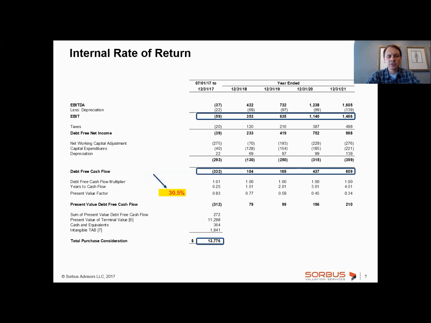But in the process of purchase price allocation, you really have to be able to support this number, this 30.5% number. You have to be able to support it with some independent market indicators of the cost of capital of the target, not of the acquirer. So big difference there. If we cannot support that number, then we either have to scrutinize the forecast or we have to scrutinize the purchase price. This is actually a great process that leads us into the next slide about financial forecast, which has to satisfy certain specific requirements.